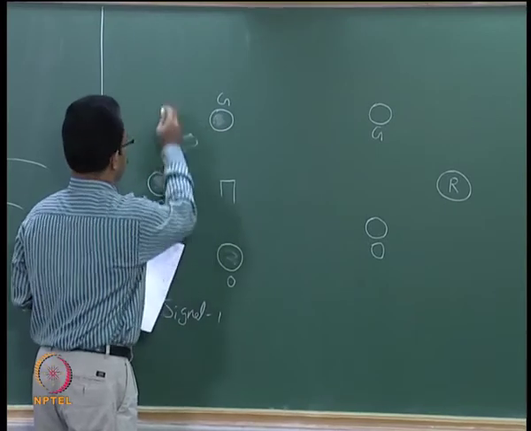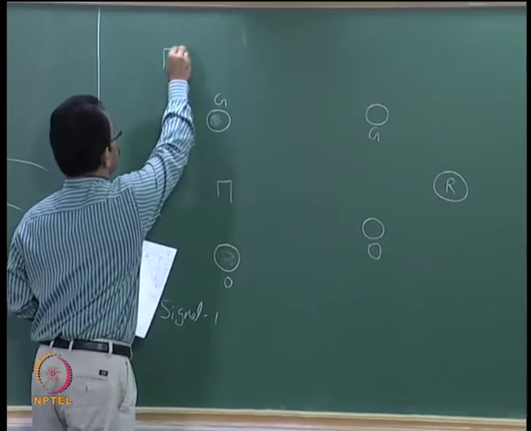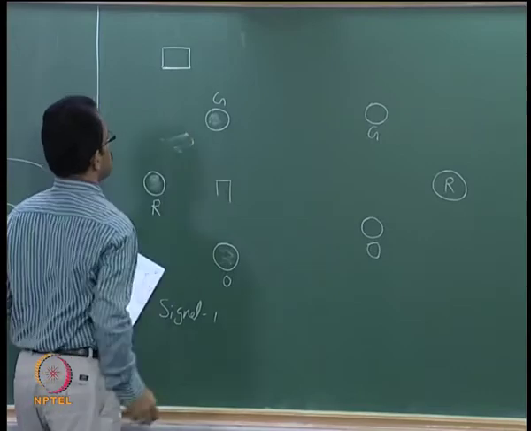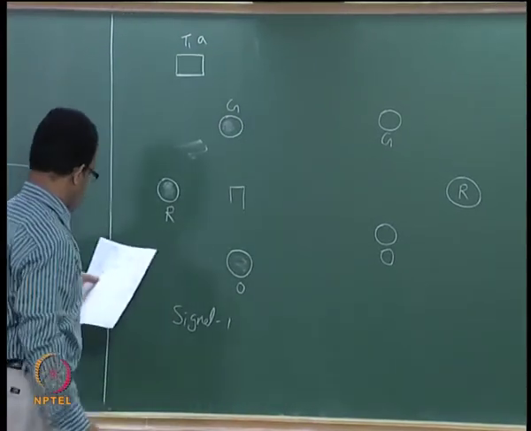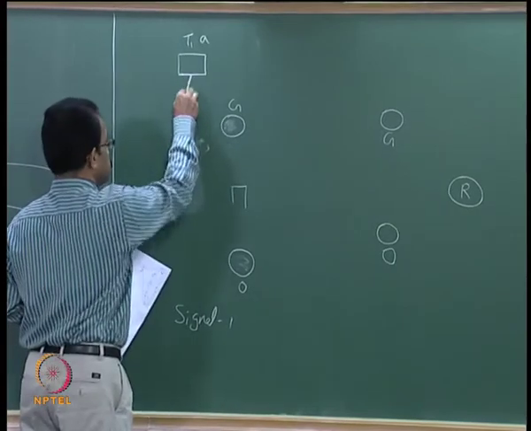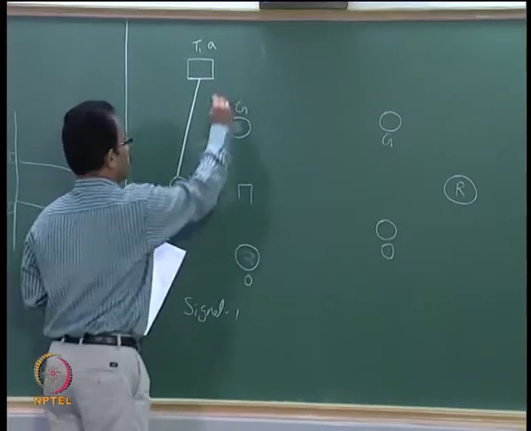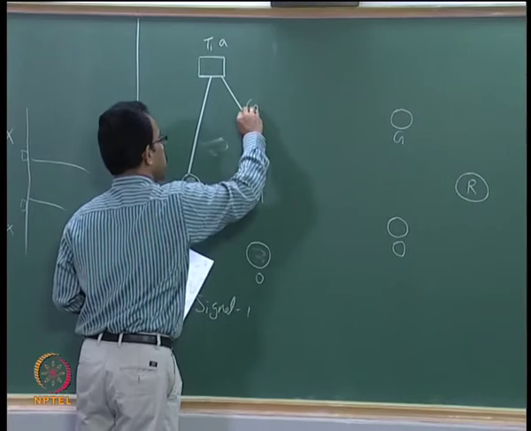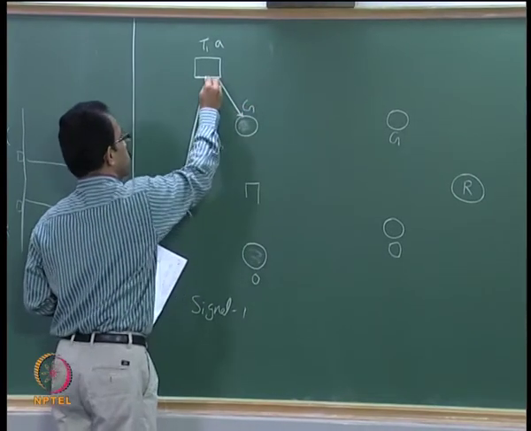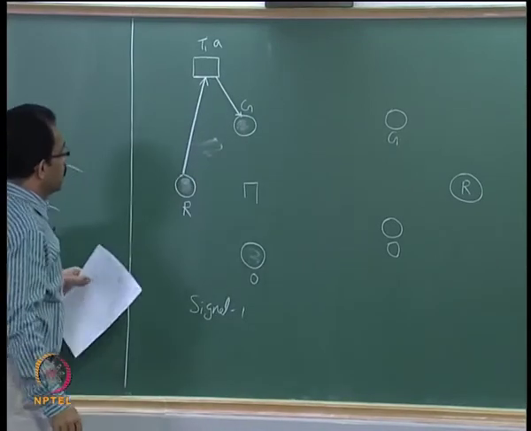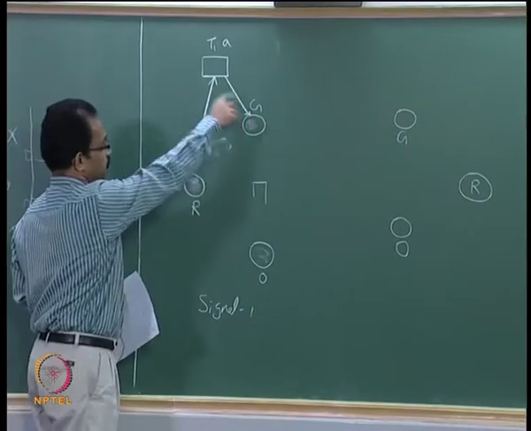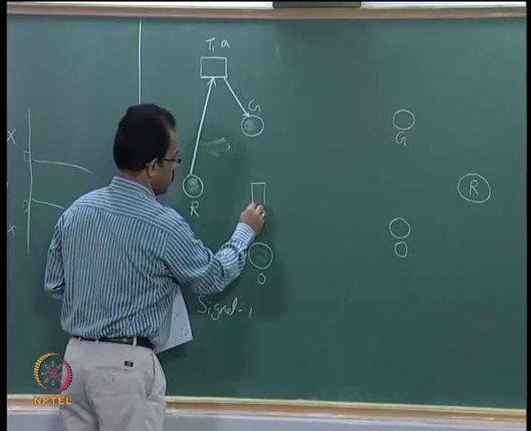So let me represent it here because it is easy to represent the transitions. So this is the T1A, which actually shows the transition from red to green. So you have a transition from red to green, so it will be like this. So this is the flow of data. So this is transition A, T1A, for the first signal transition 1 for this, and then you have a transition here